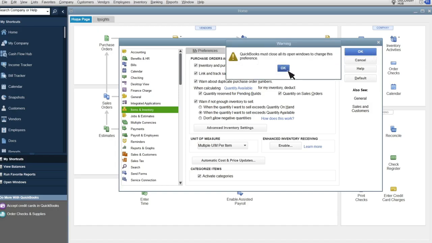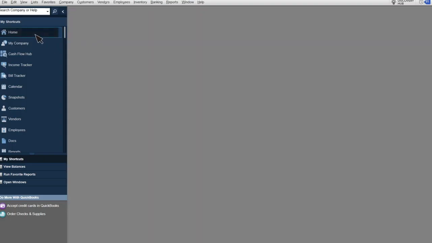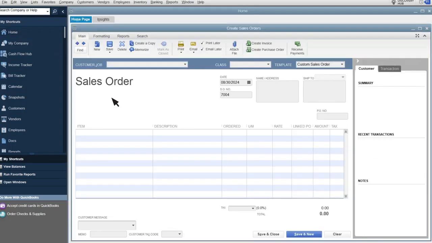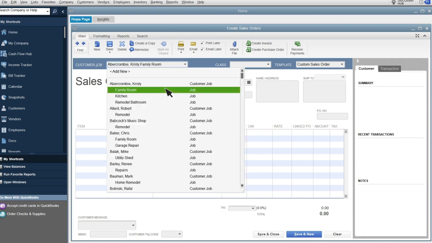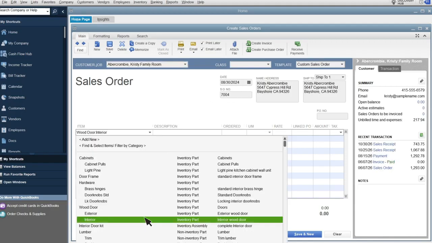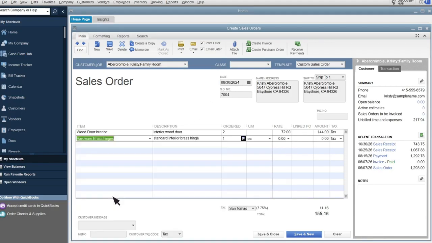Select OK. When you receive an order from a customer, you enter a sales order. Sales orders help you keep track of what your customers want to buy, and then, as you fulfill the order, you can use it to generate purchase orders and invoices. Enter the customer's name and the date they submitted the order. Then enter all of the items they ordered